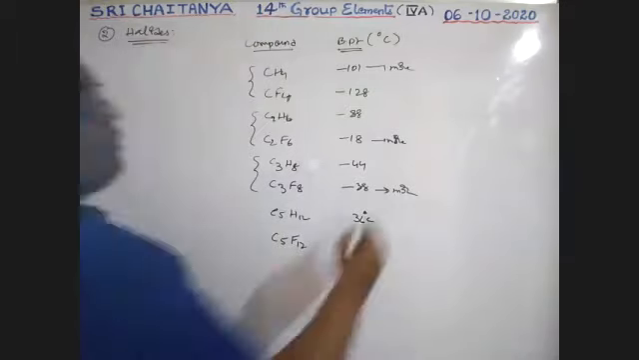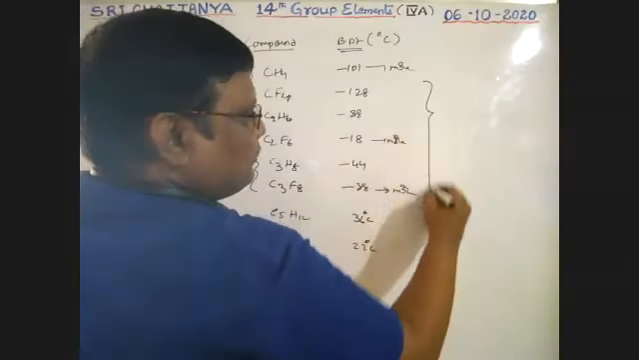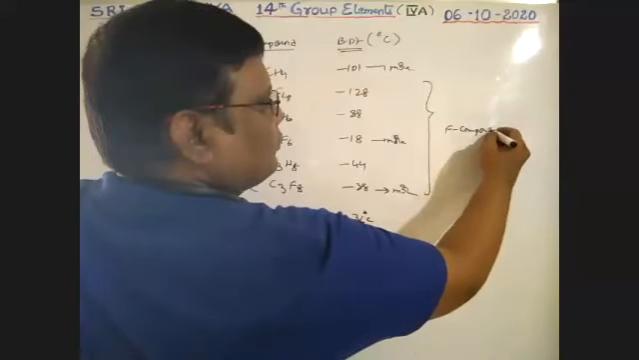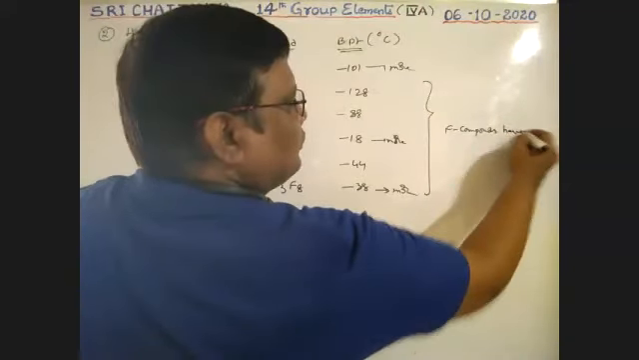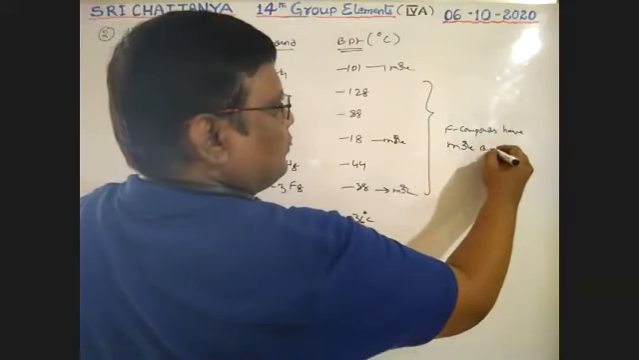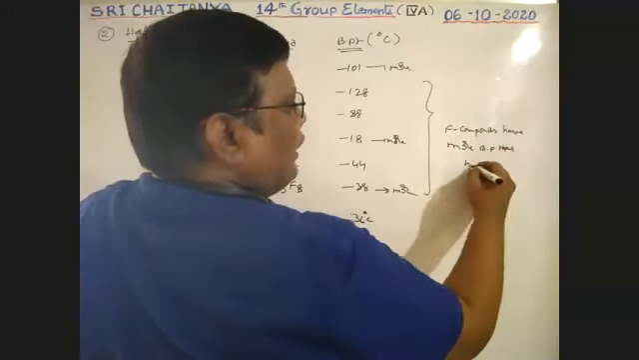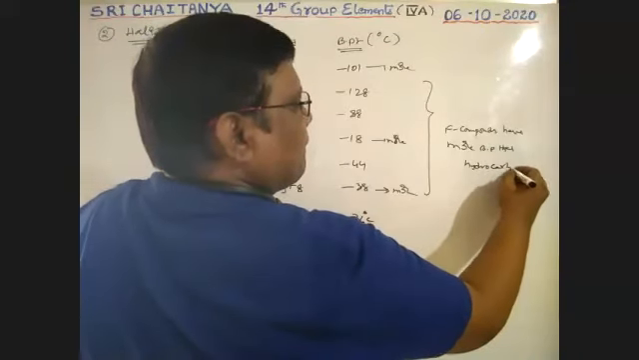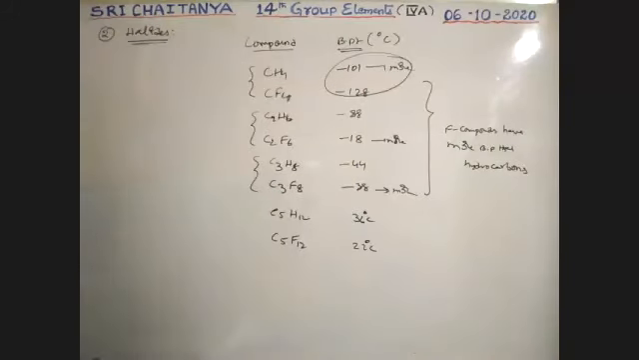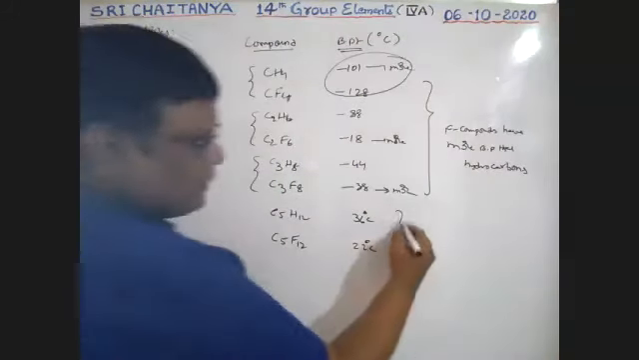So up to these compounds, fluorocompounds have more boiling points than hydrocarbons. But here is the difference. After onwards, hydrocarbons